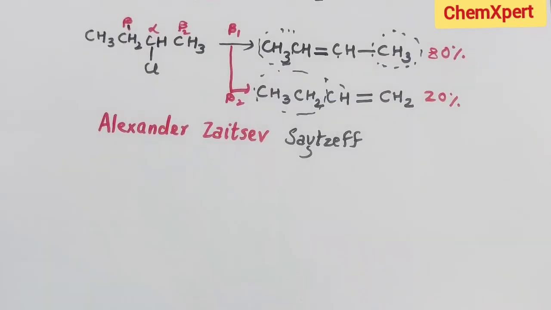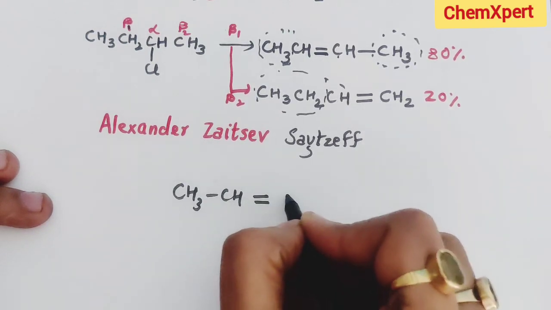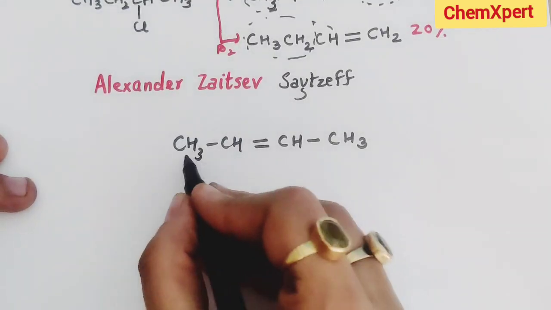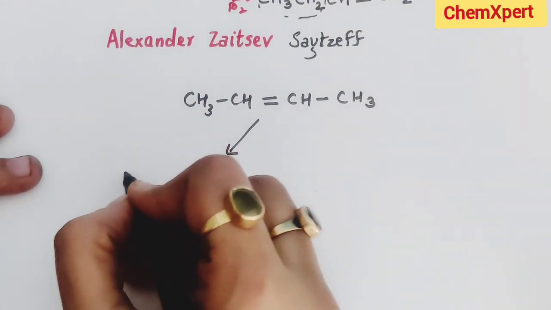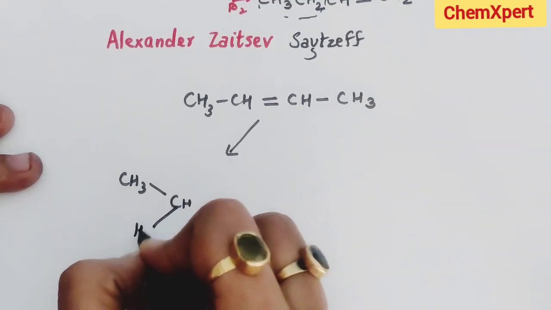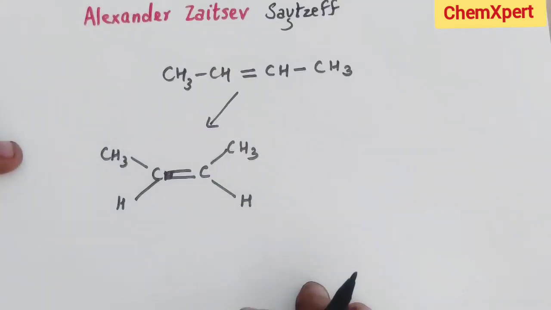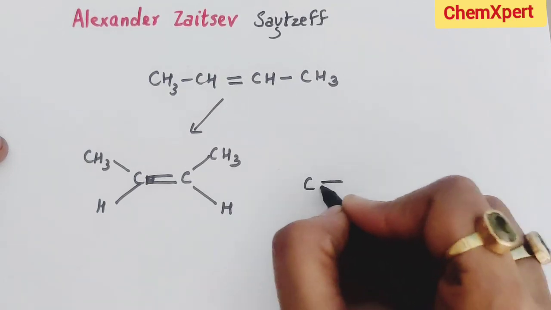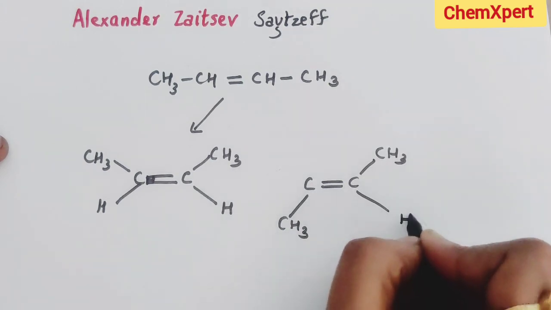Now this is the product which is formed here, that is CH3, CH, double bond, CH and CH3. Now one more option is there: it can exist in two geometrical isomer forms. What are those isomers? Just for example, CH3, CH towards this side, double bond, CH3 and H. This is the cis isomer, when two bulky groups are on the same side, and the other one is the trans isomer, where the bulky groups are diagonal to each other.